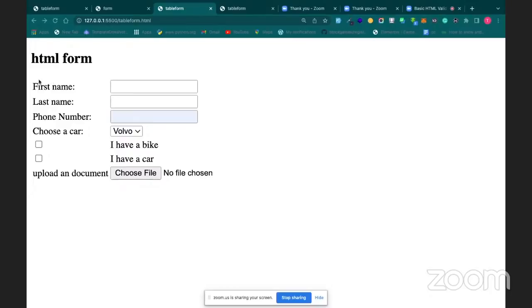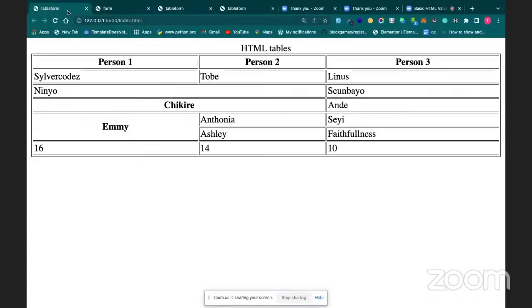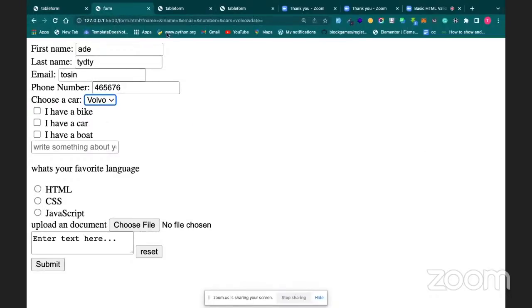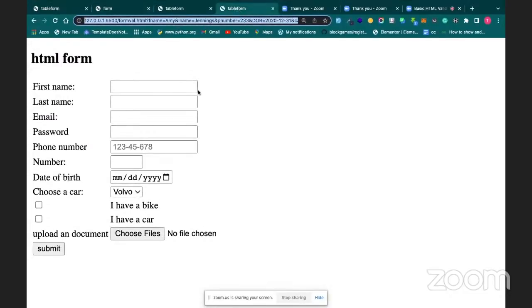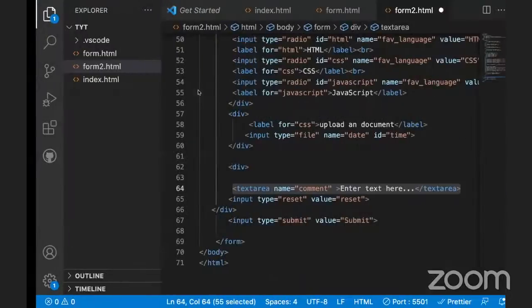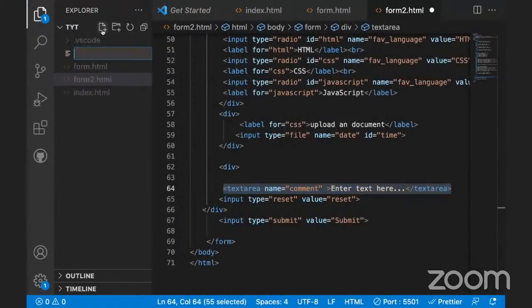One thing you should notice about this table is the way it is aligned, just the way you had this table form previously. You have this when there's no table. You can use a table to style a form so that it is aligned. So let's try to do that. It's still the normal way that you have. Create another one, call it table form